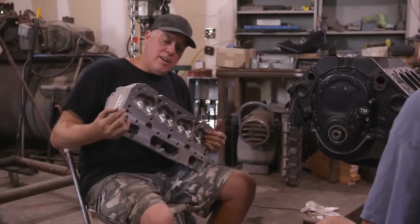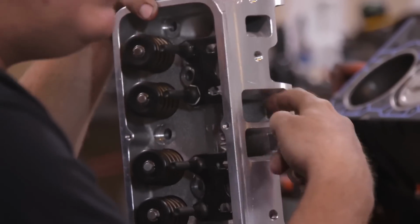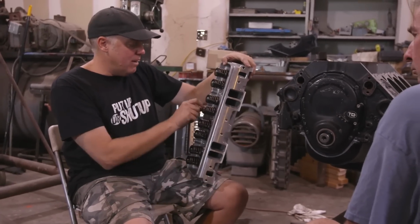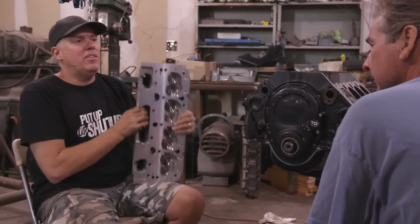Finally, the cam's done, and I'm going to get to install a cylinder head. It's a Brodix aluminum head, which means it's going to save a bunch of weight. It's got a 200cc intake port, which some people would call big for the 350, but with the blower, I think it's going to be ideal. And it's already got valve springs for a hydraulic roller cam, 3/8 studs, and this is the part Dulcich doesn't